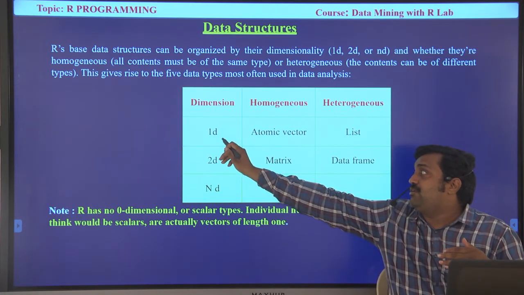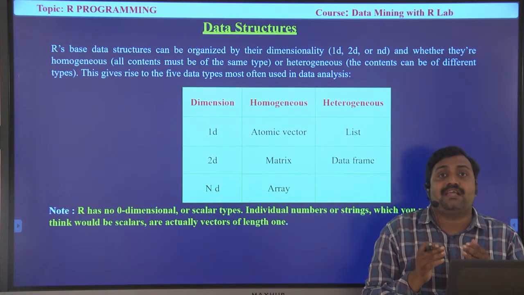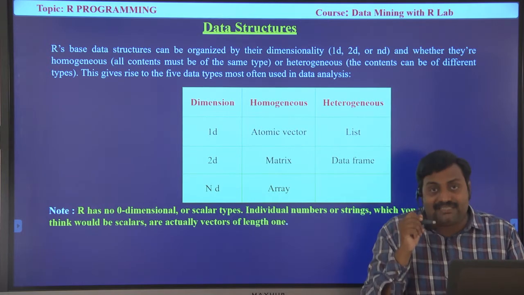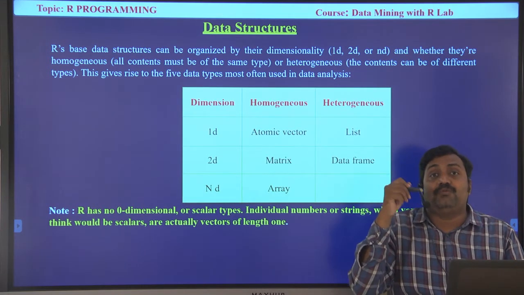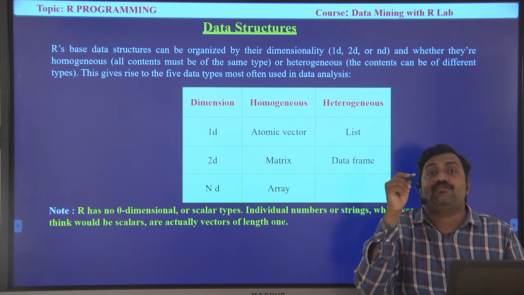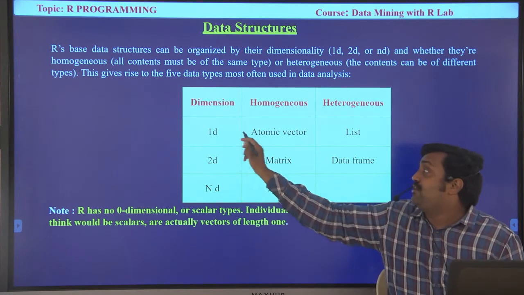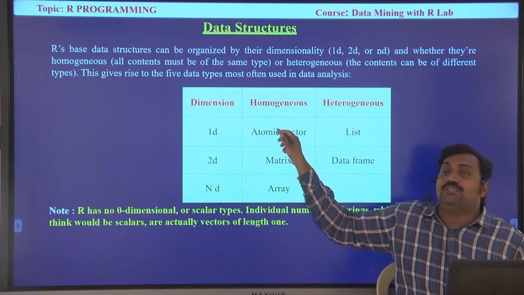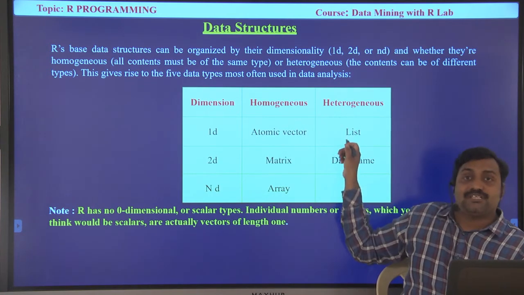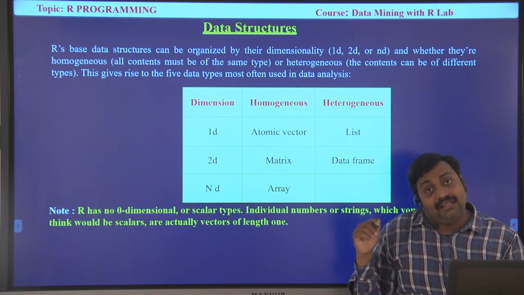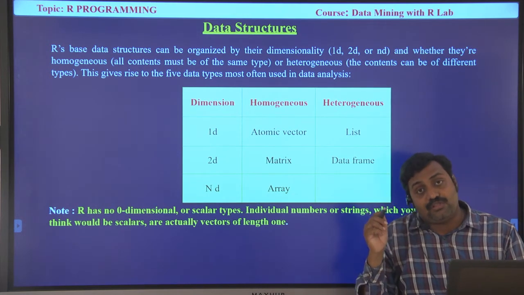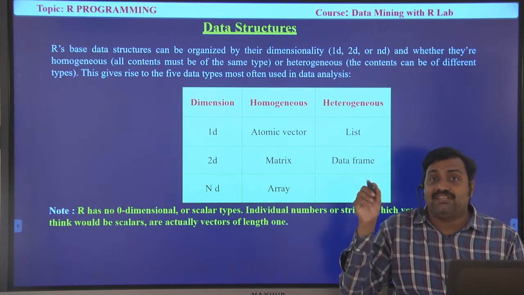Now dimensionality, coming to one dimension. An array is a one-dimensional structure, that is A of i, where i is the index, and with that index we can read the values one by one. Whenever we want to retrieve a single value from an array, we use one index, that is one dimension. So a vector is the one-dimensional homogeneous type in R. And list is another data structure, heterogeneous. That means it is one-dimensional and it can accept mixed types. We can store integers, floats or characters within the same